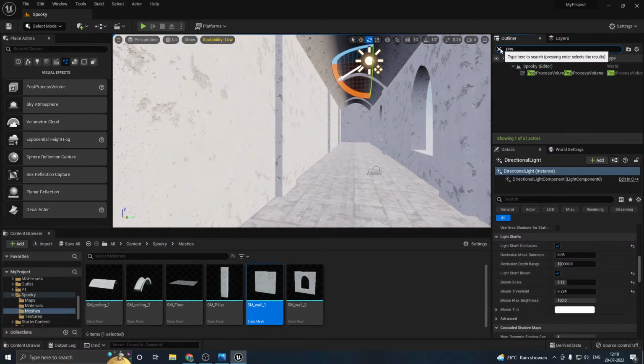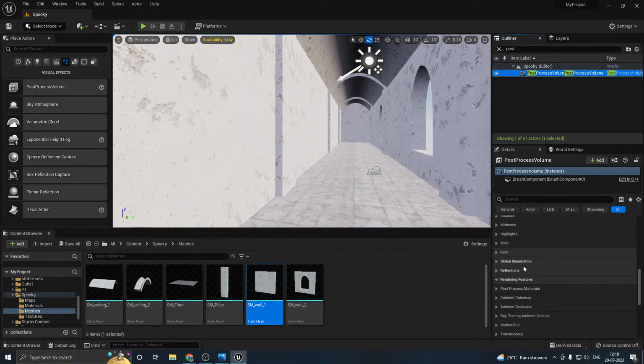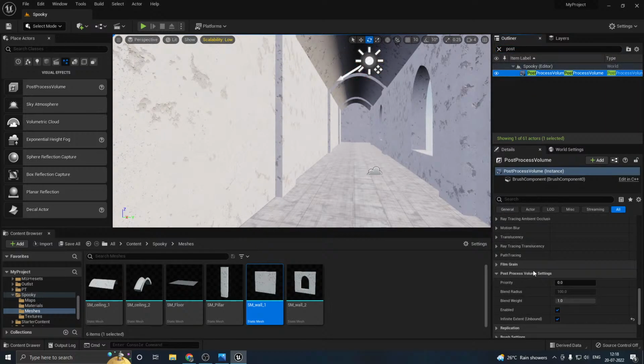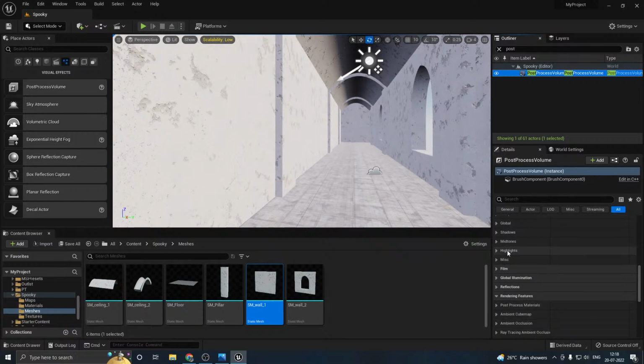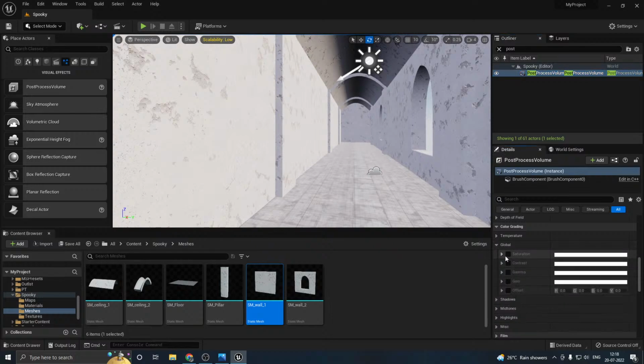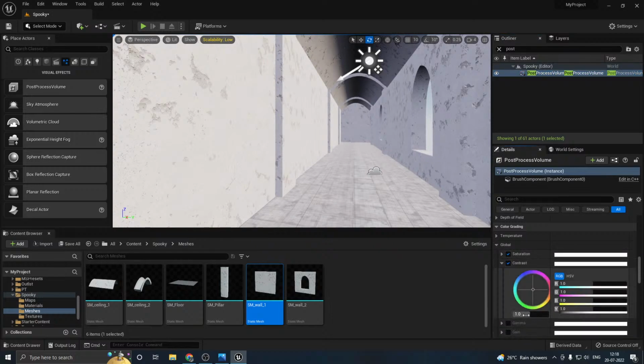Like open this post process volume, find the saturation and contrast. I change the contrast to